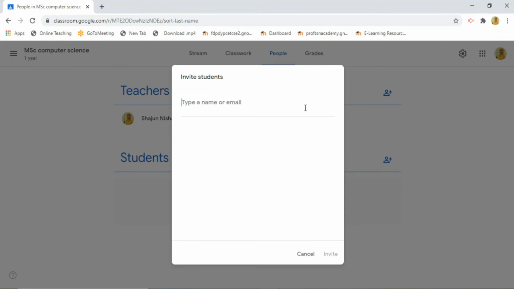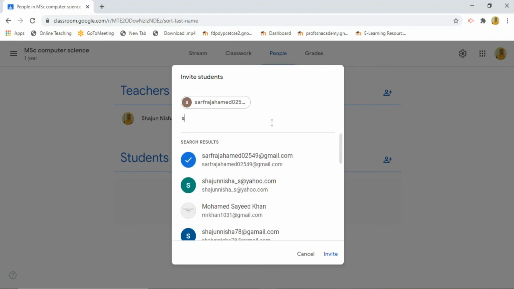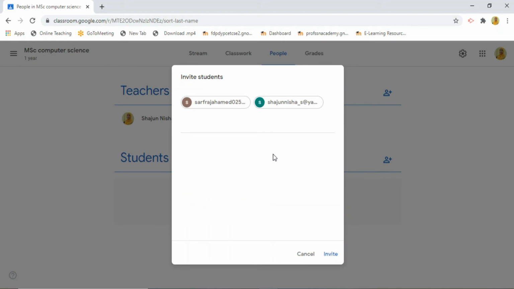It will ask you to type the email of the student you want to invite to your classroom. For example, I have invited a student in my classroom, and I also want to add another student in this way. You can add as many students as you want to invite to your classroom, and then press the invite button.